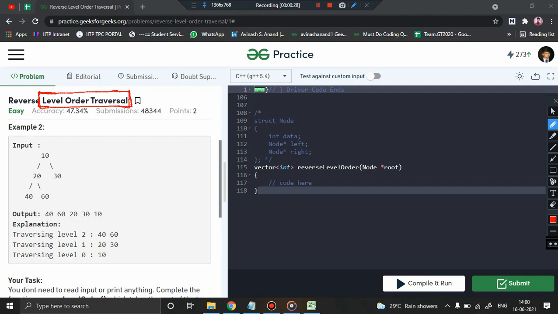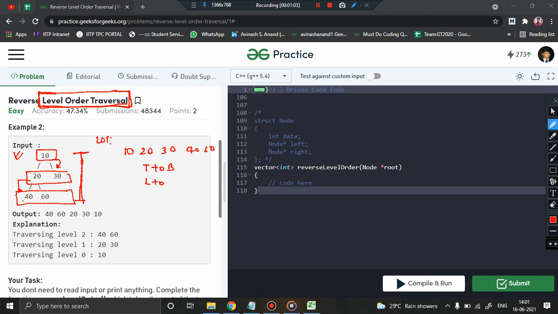So level order traversal means what? Suppose you are given a binary tree and you have to perform the level order traversal. It means you simply traverse the tree from top to bottom, and while traversing, print the nodes level wise. In the first level I have 10, so I'll print 10. Then you come to the next level, where you have 20 and 30, left to right. Come to the next level. This level has only two nodes, 40 and 60, from left to right. So the approach was top to bottom and left to right. This was level order traversal: 10, 20, 30, 40, 60.